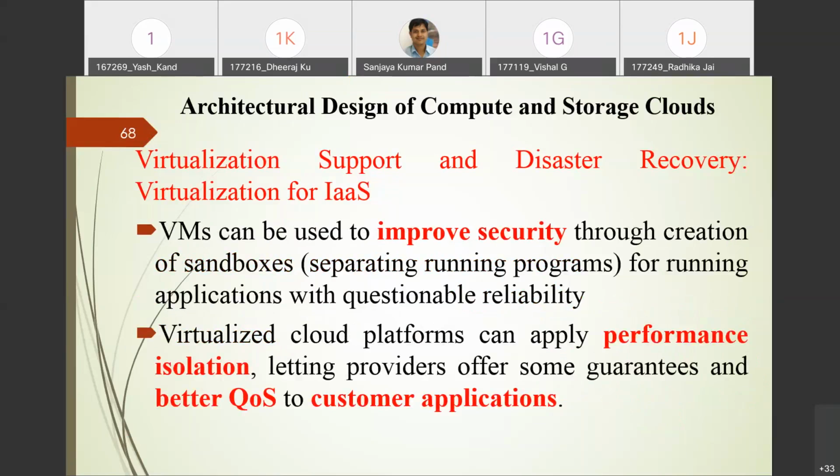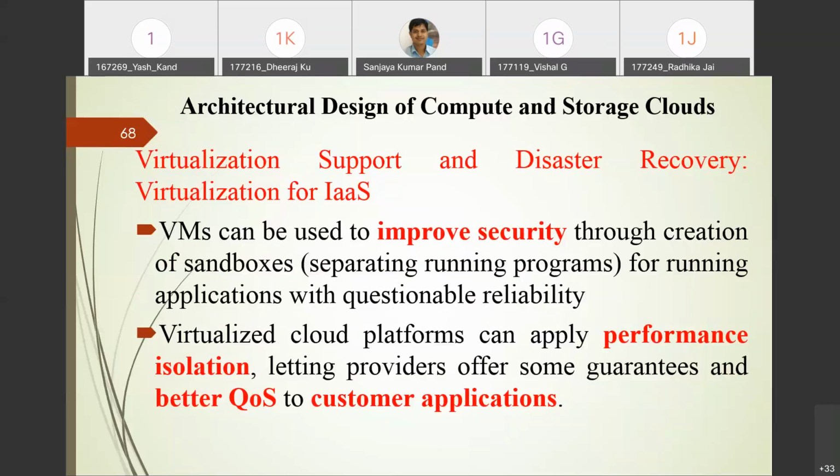The third factor is if you are using virtualization technology and you are creating the virtual machine, it is going to provide you an improved security mechanism rather than the traditional system where the security threat is there. Whenever you go for the virtual machine, it can provide improved security because it uses sandboxes. The main reason is that it is separating one program from another program.